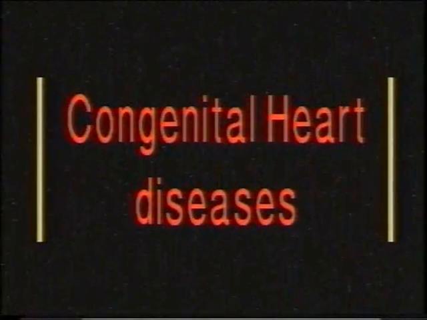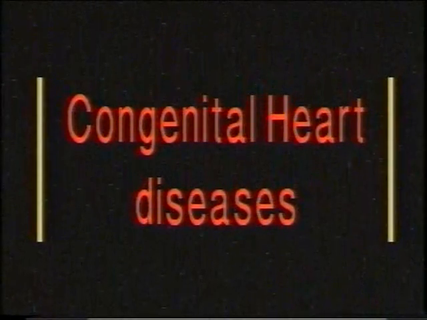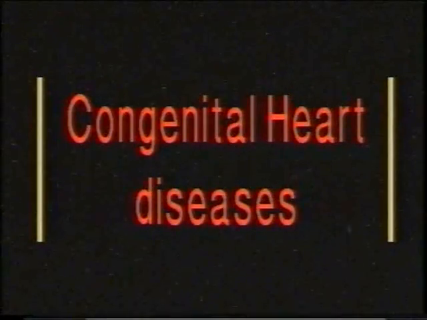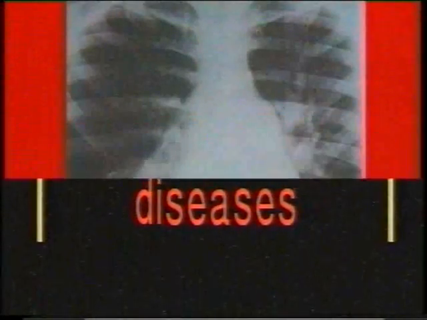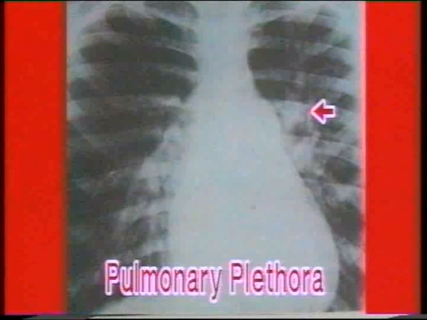Now let us come to congenital heart diseases and first study the two common shunts, atrial septal defect and ventricular septal defect. Whenever there is a left to right shunt, the pulmonary artery is very prominent at the hilum and its peripheral branches are seen clearly, that is, the vascular markings are seen clearly up to the periphery of the lung field. This generalized prominence of the pulmonary vasculature due to increased pulmonary blood flow is termed as shunt vascularity or pulmonary plethora.